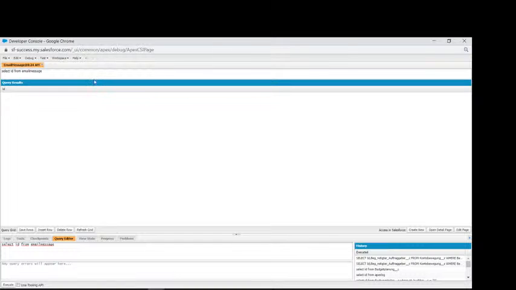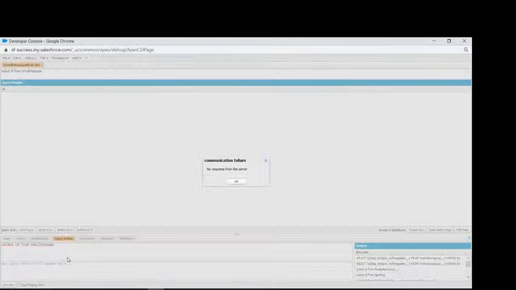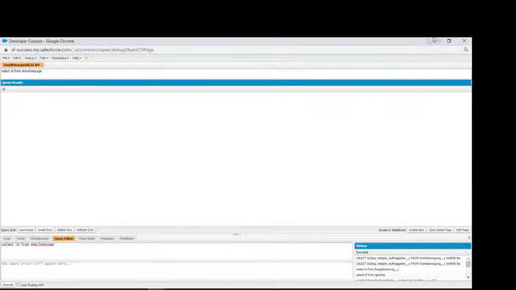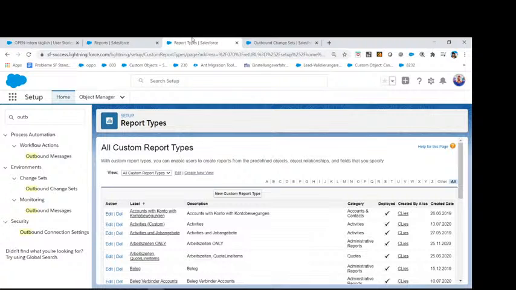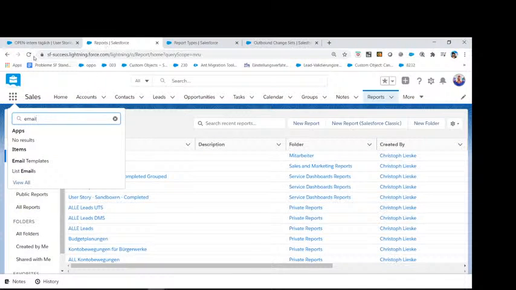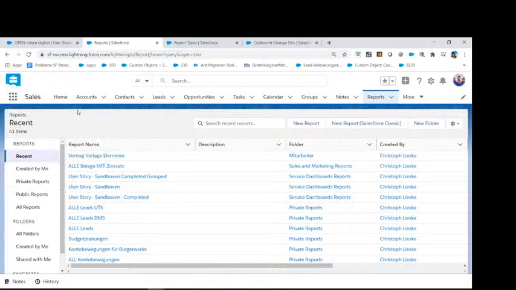As you can see, in Salesforce it's not really possible to create a tool like this, because it's taking too much time, it's consuming too much time, and there's no response from the server. So as you can see, the tools are not working like this. As we don't have any report types, but we need this for sure, we will go on like this.